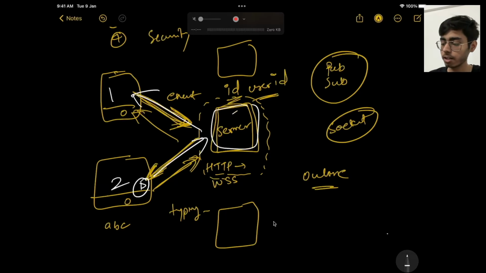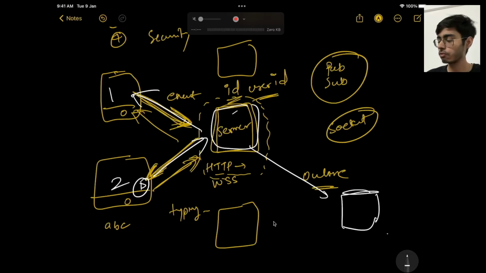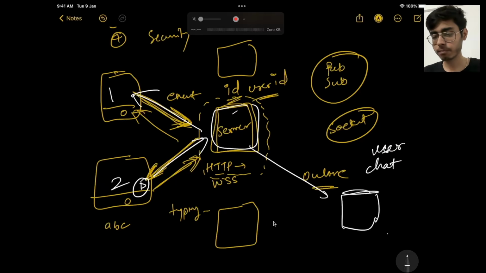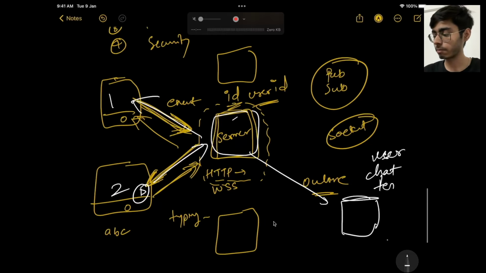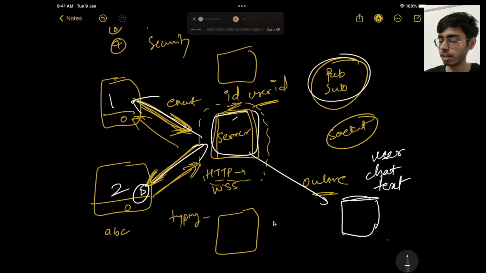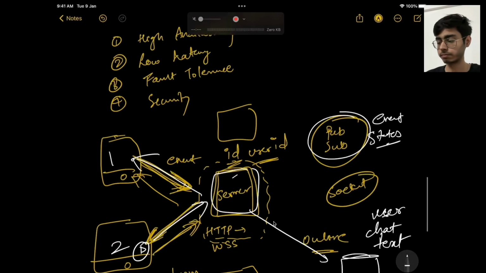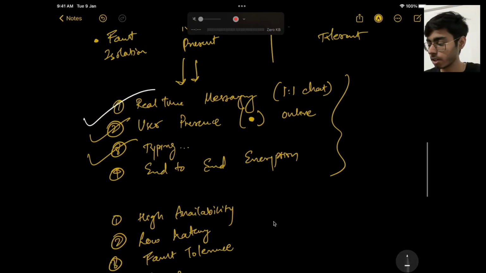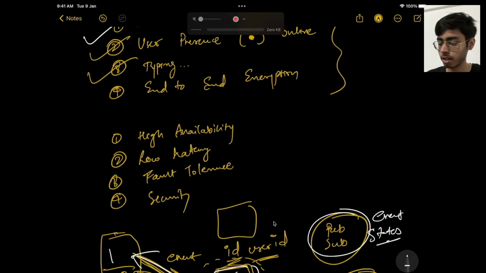And on the backend, this server will also save that message in the database for that user, for that chat room, okay, and the message text or the message image or message link, whatever. So this is how your real-time chat app works using WebSocket. You basically have to take care of the PubSub model, so event and states, and your WebSocket upgradation. Okay. End-to-end encryption, well, I'll not teach in this video. A separate video can be made on that.